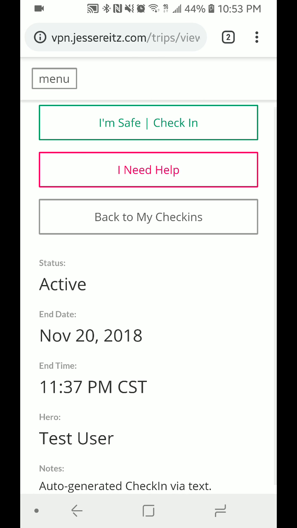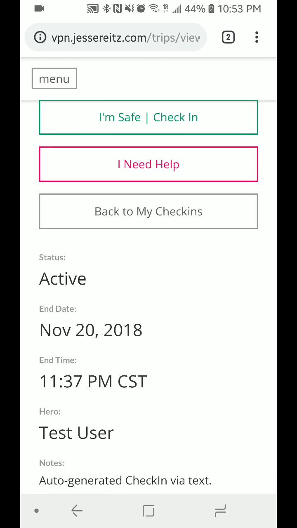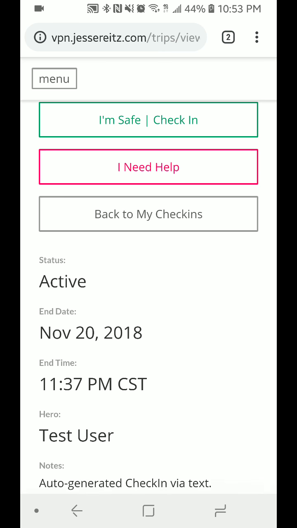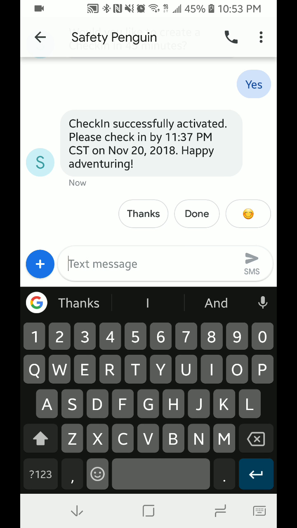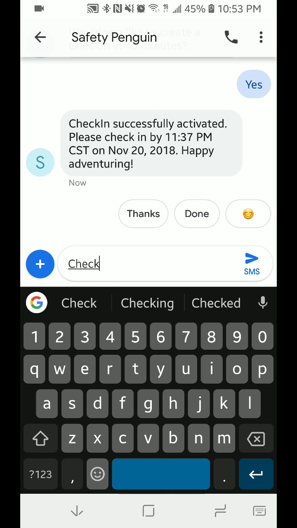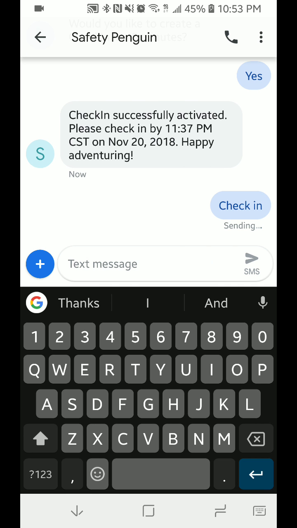Now, of course, there are no notes associated with it because it is just a quick little way of creating a check-in, and it does use that default hero as I mentioned before. If we want to check in, we just type in check-in, send that along, or of course we can do help as well. Send help, and it'll notify your emergency contact. For now, though, I'm just going to type check-in, shoot that back,